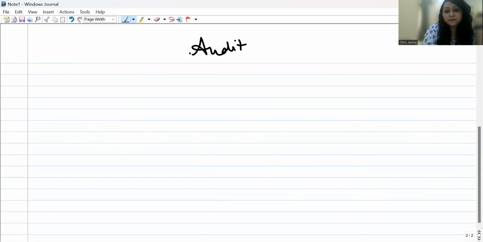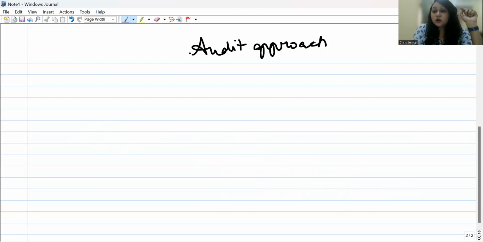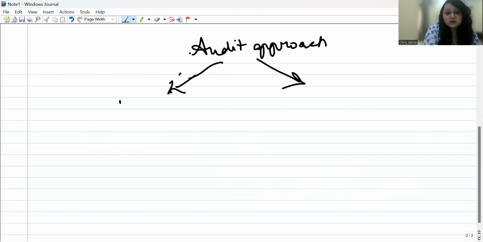Now, before starting with the audit process, I would like to make sure you know one thing, that is the audit approach. We will be seeing internal controls and substantive testing, substantive procedures, in detail in the upcoming videos. But now I want you to remember the audit approach. So basically, there are two approaches. It can also be called a left hand approach and a right hand approach. So the first one is